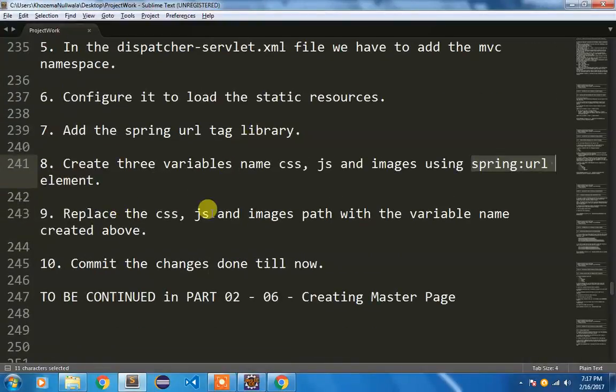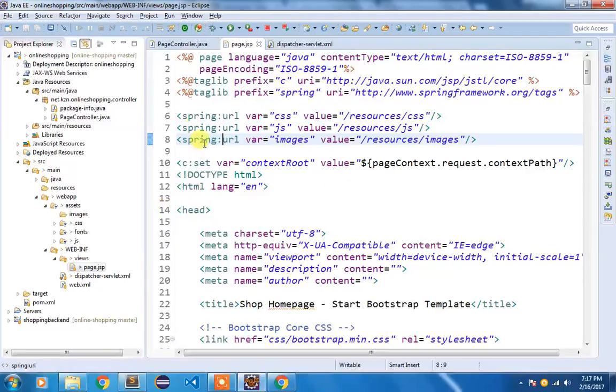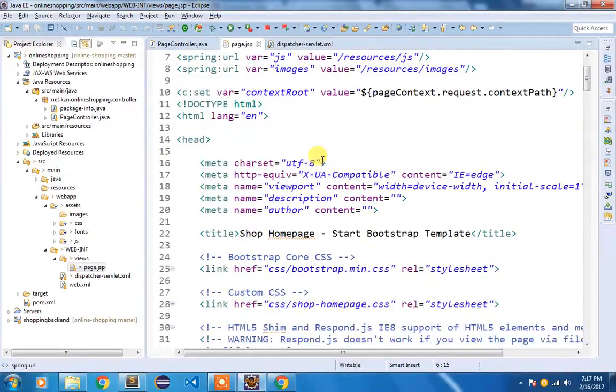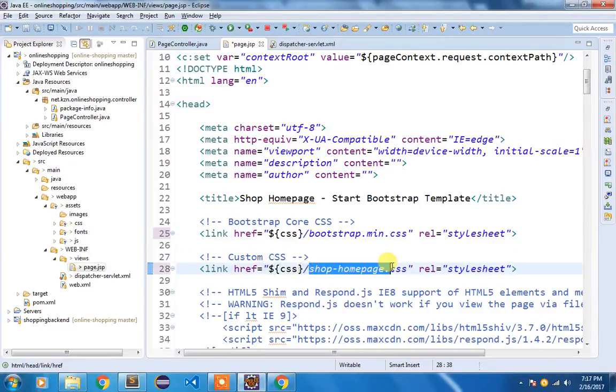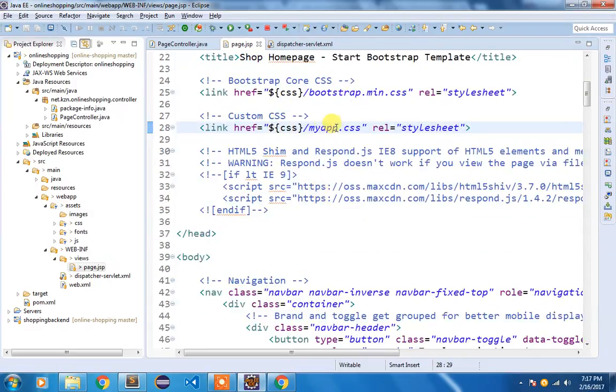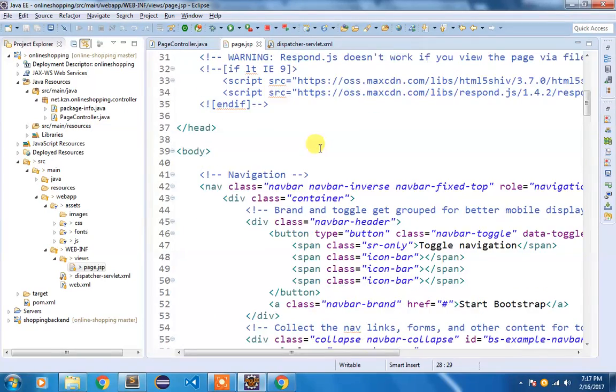Now replace the CSS, JS and images paths with the variable names created above. So we have created these three variables. Wherever you can see css/, I'm going to replace it with ${css}, and here also it is going to get replaced by ${css}. And instead of shop home page, I've changed the name and kept it as myapp.css to write my custom CSS styling.